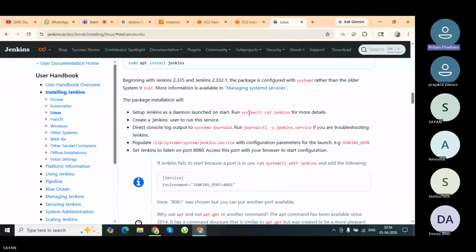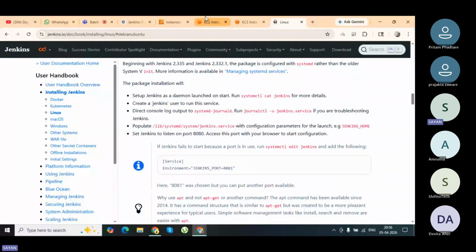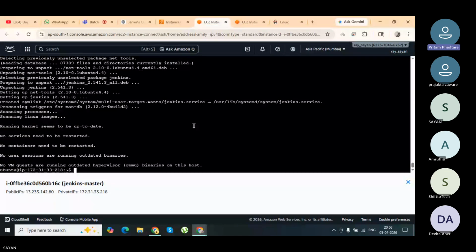Okay. So have you executed that command? Yeah. So your Jenkins software, or we can say the platform, is now installed in your Jenkins master. Now, how to verify or how to check whether Jenkins is present or not? So, what generally happens whenever you install any